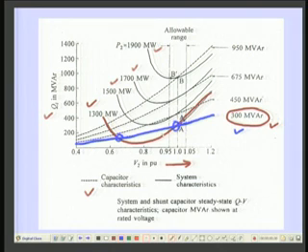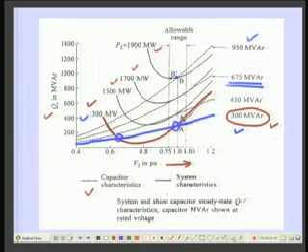Now, a point here is that when you go from loading equal to 1300 megawatt to 1500 megawatt, you get a similar operating point. When you go to 1700 megawatt, the characteristic of this MVAR device, which is put as a 675 MVAR device, becomes just tangent. But if the shunt capacitor has an MVAR rating of 950 MVAR and the load is 1900 megawatt, this is the intersection, but this point is not stable.